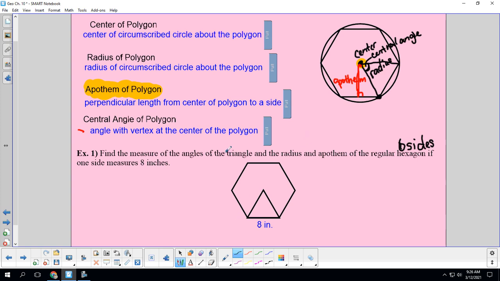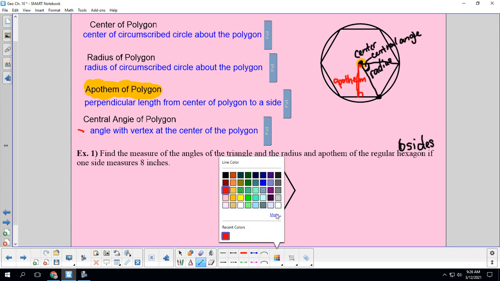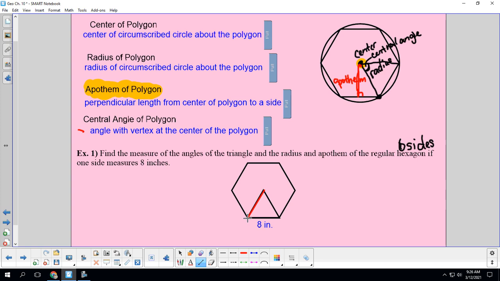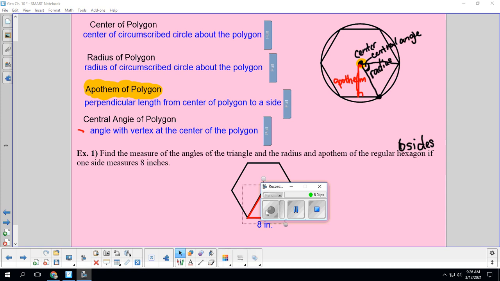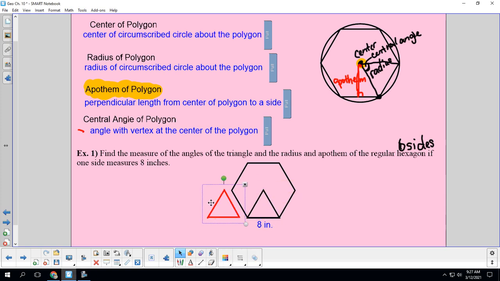Okay, so we're going to pull this apart. If we take this little triangle here, there are some things that we can figure out with it. So I'm going to pull it out of our little hexagon. Take your little triangle and pull it out here. It's going to get a little messy up in here. So if we were to continue throwing down